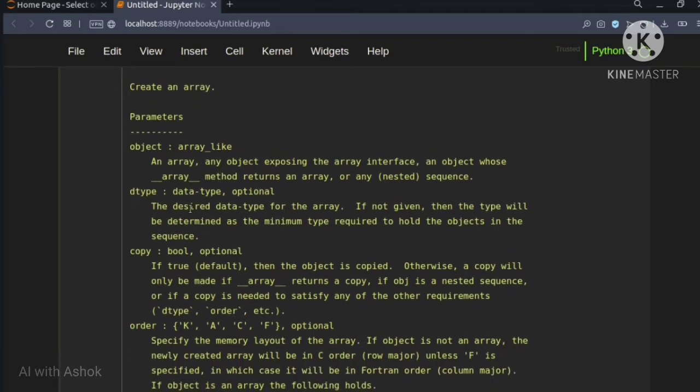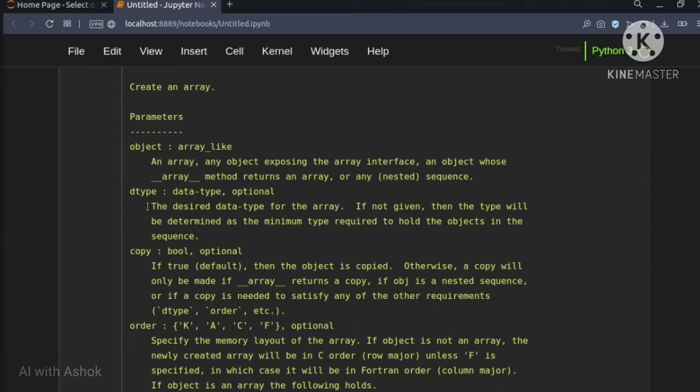Next, the data type. What is the data type we are going to consider? There are many data types present in NumPy arrays like integer, and we can also mention the bit configuration. int8 means we can configure values between 0 to 255, then int16, int32, int64.